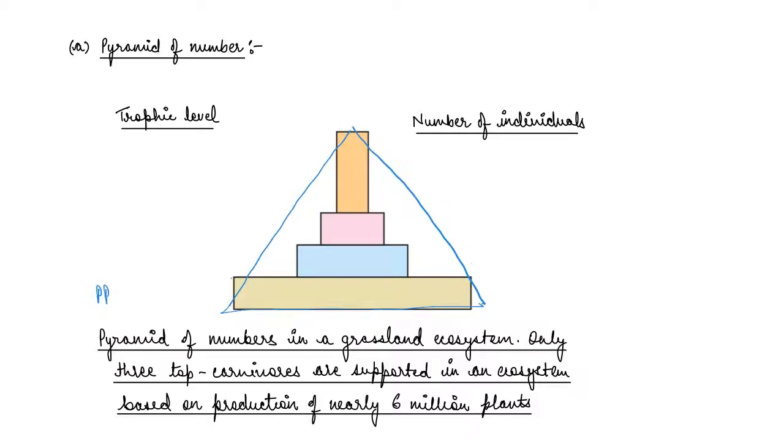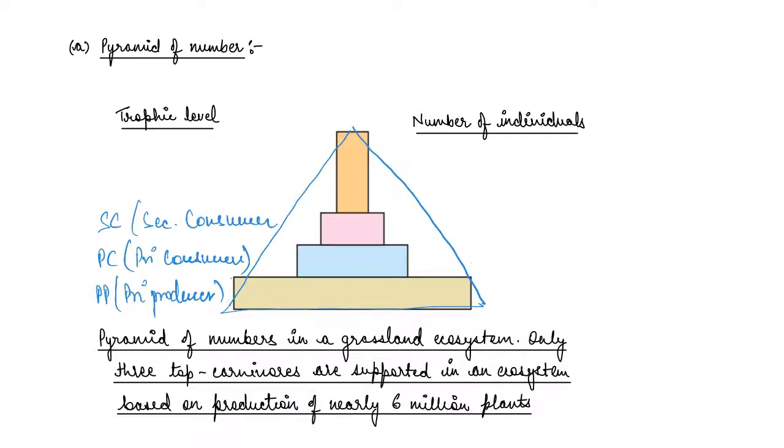So the base is primary producer, which is the first trophic level. Now the second trophic level is primary consumer. The third trophic level, secondary consumer. And the fourth trophic level, which is tertiary consumer,